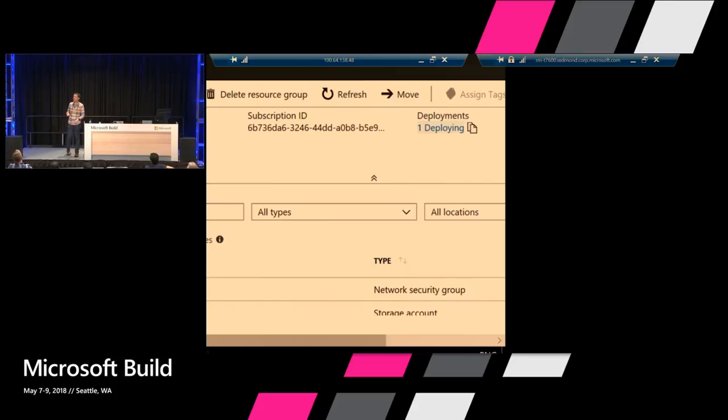I could be using CLI as well, or I could be using one of the SDKs for languages like Python, Ruby, .NET, and others. The bottom line is the consistency allows you to create your resources and then choose where you place those resources. All right, enough for consistency.